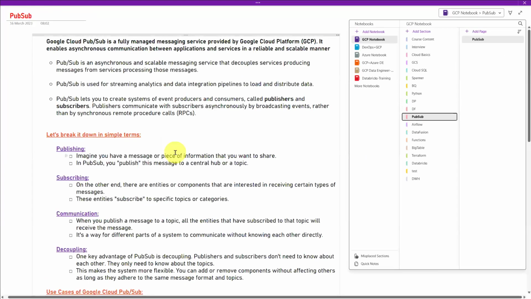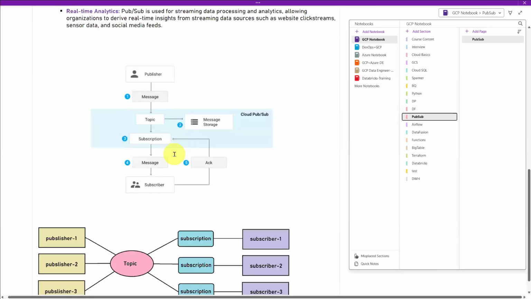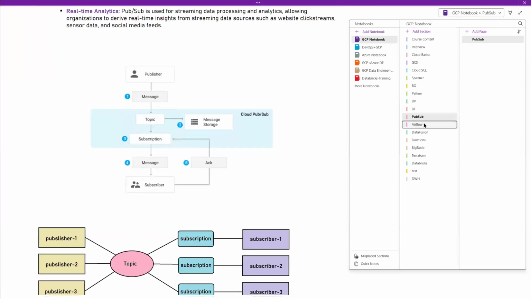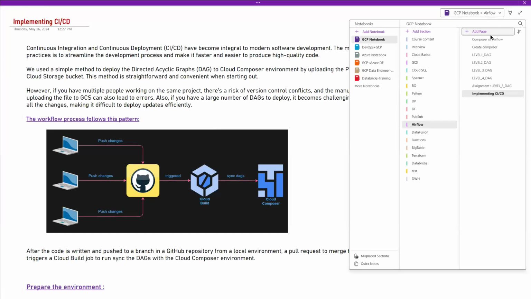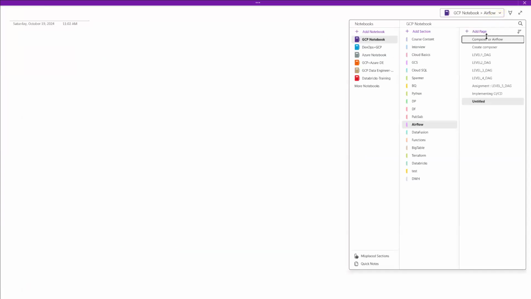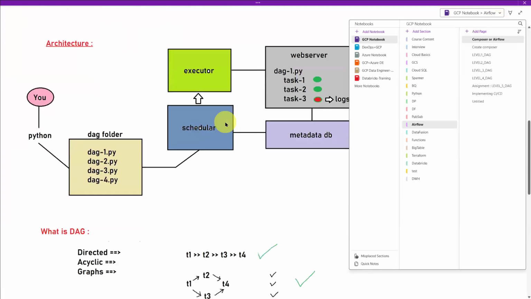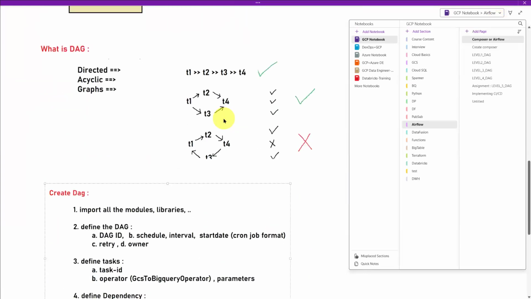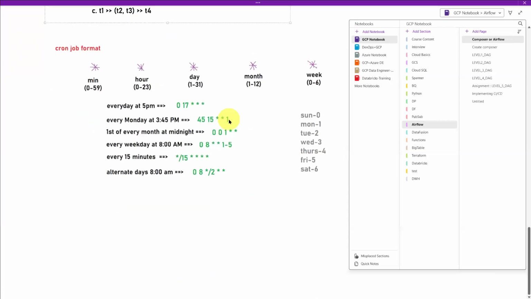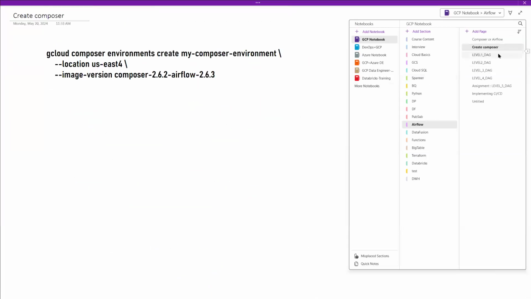And Pub/Sub, what is Pub/Sub? How do we work with Pub/Sub? How can we use Pub/Sub for streaming data ingestion? Airflow, what is Airflow? What is workflow orchestration? What is the architecture of Airflow? What is a DAG? How do we create a DAG? Cron job format, create Composer,